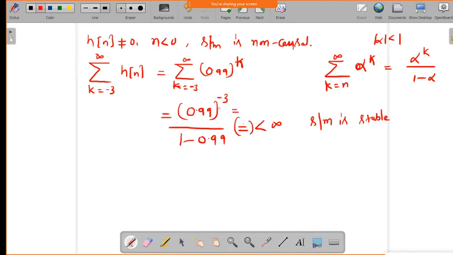Okay. So, you can find out what is the value of this. Now, take one more and you have to do it. Tell me the answer for this. H of n is equal to n into half power n into u of n. Now, find out for this one, h of n equal to n into half power n into u of n. Find out.